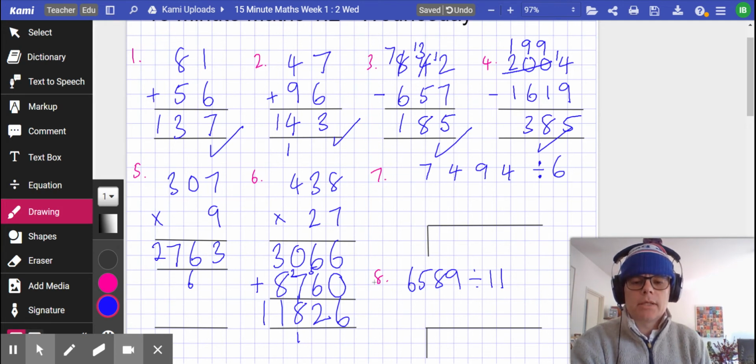Okay, so there's the answer there. Well done if you got that one right. So 2 multiplications. A couple of divisions now. We've got